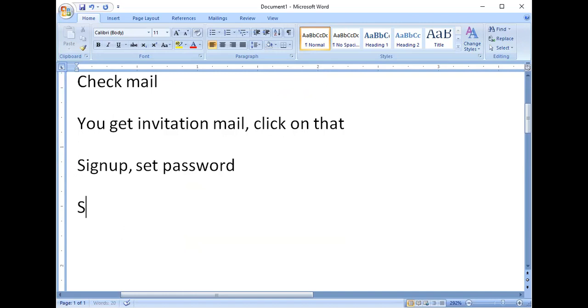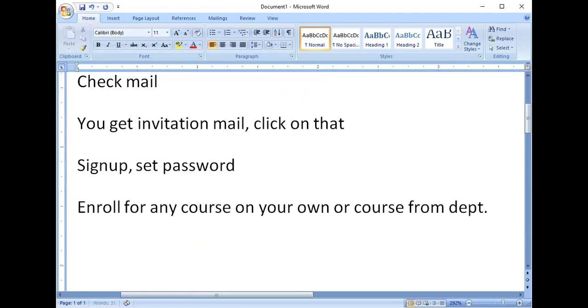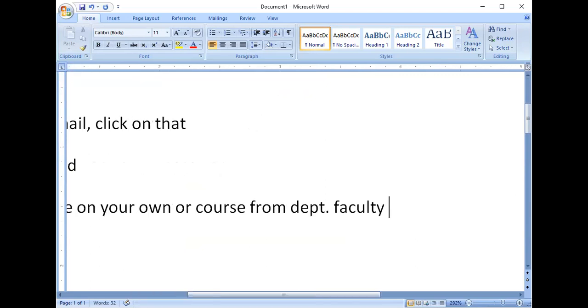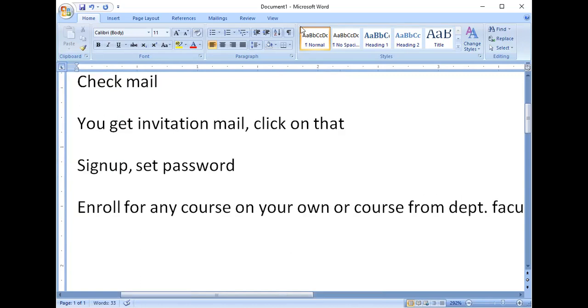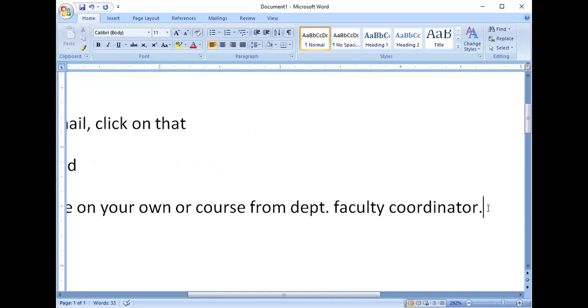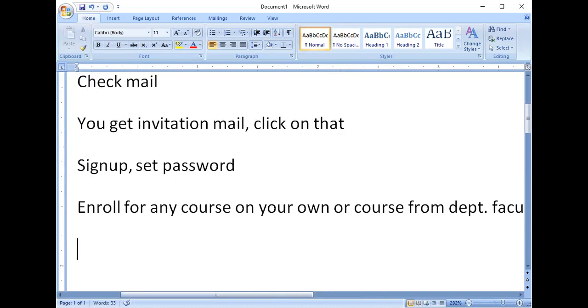Then enroll for any course on your own, or your departmental faculty coordinator will tell you the course. So it depends which course you are going to do. If your departmental faculty member is going to give the course name, you have to do that course only.